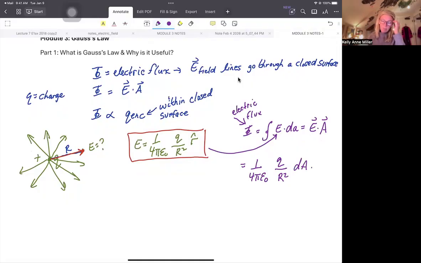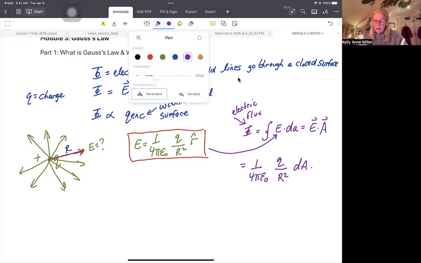And what does that dA refer to? It refers to some area for a surface that I draw